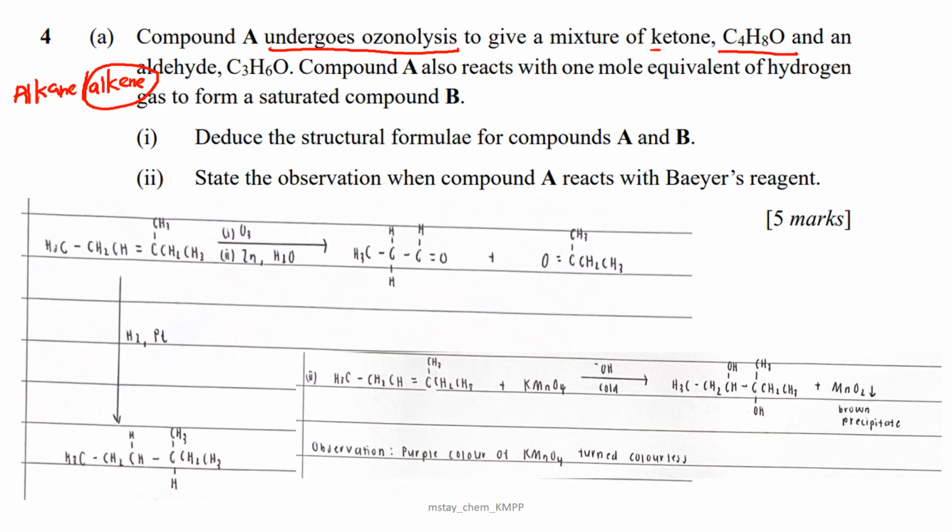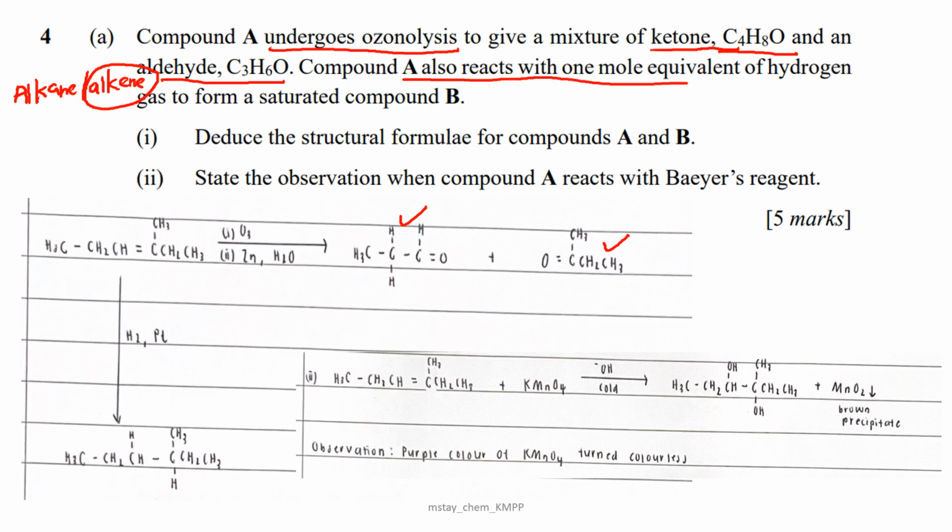Even though this question didn't let us know the name of the ketone, we can predict that the structure of the ketone is butanone, so this is correct. And an aldehyde C3H6O, again, even though they didn't let us know the name of the aldehyde, with 3 carbons we understand that the aldehyde will be propanal, so the structure of propanal is also correct. So compound A